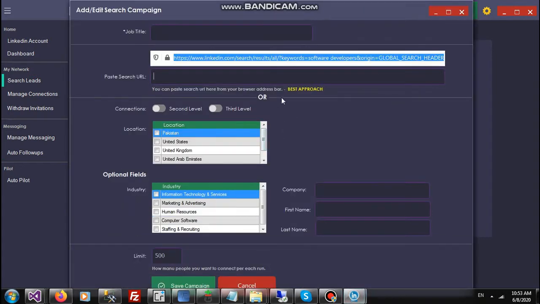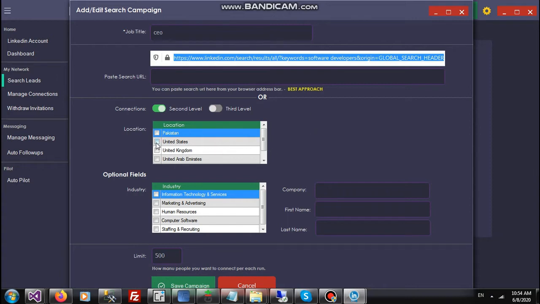So now we are going to go ahead and target our clients. We're going to add a new campaign. Job title: let's pretend I'm a commercial real estate broker. I want to reach out to some CEOs out there, so I'm going to enter the job title. This is the second level connection, and we may select third level, but I have 1,000 of people in my network, so second level connection would be more adequate, and it keeps my percentage of acceptance high.